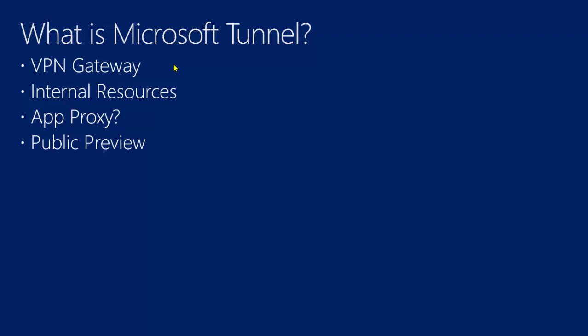If you have a device on the internet, an iPhone, an iPad, an Android tablet or phone, and those devices need access to applications on your internal network, then the Microsoft Tunnel VPN gateway is one way that when those apps launch, as an example, you can have that tunnel connected. That's called per app VPN